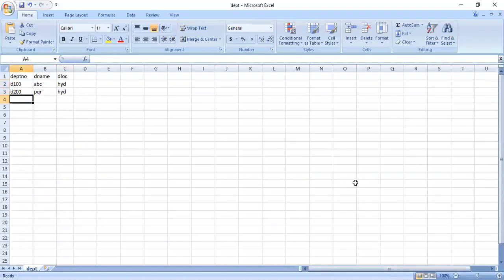For example, already department number 20. The department number, for example, 400. One department, the department name is AAA, and it is in Hyderabad. Let us assume, and then department number 500, that is BBB, in Hyderabad.